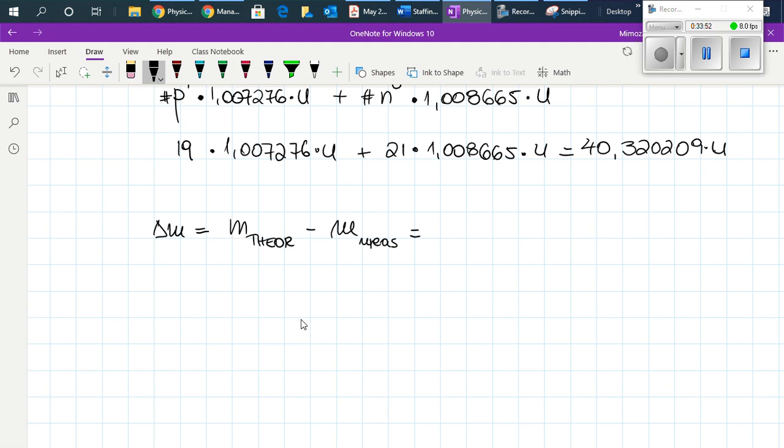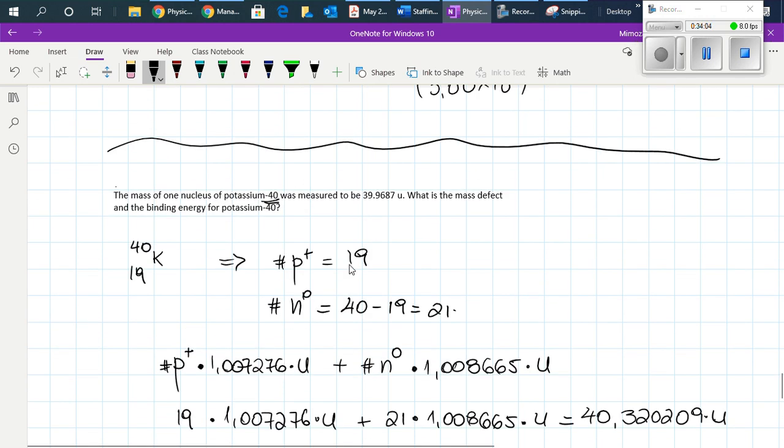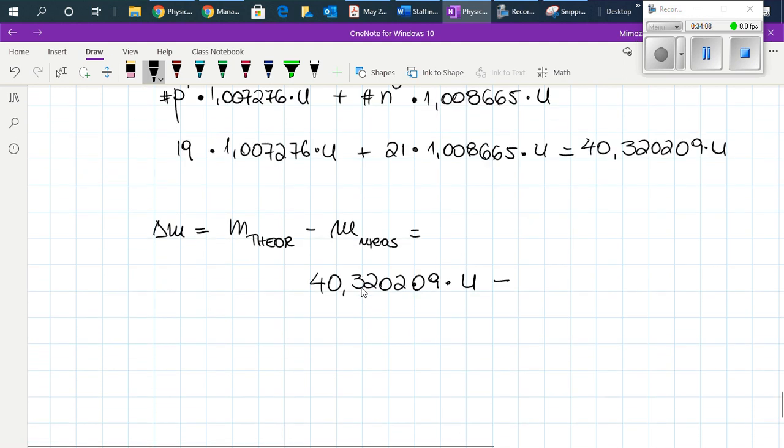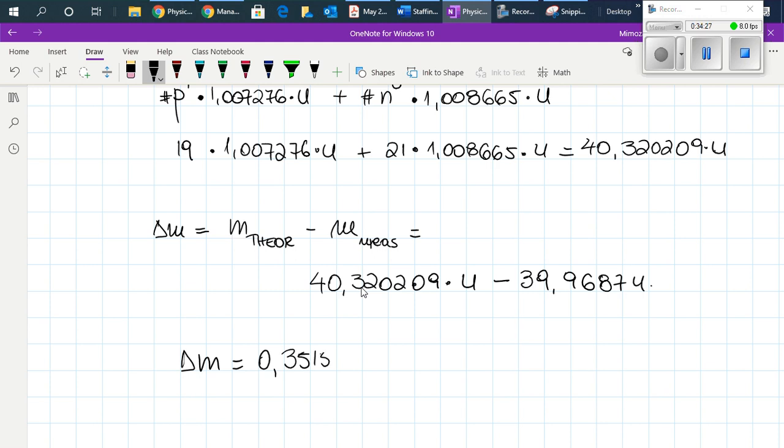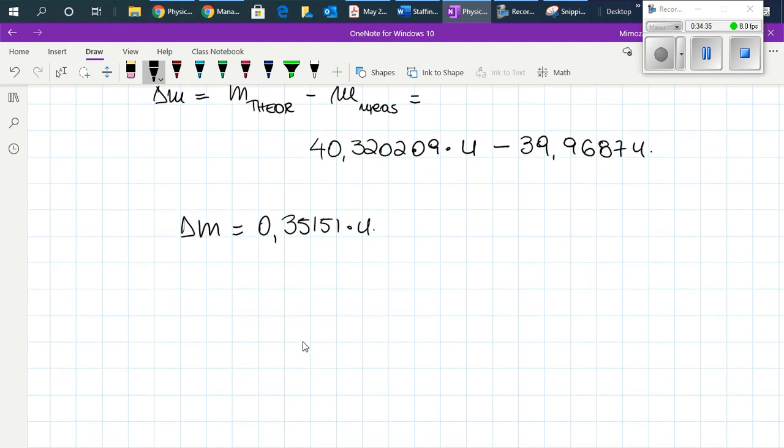We calculated the theoretical mass as 40.320209 U, minus the measured mass given in our question, 39.9687 U. Then the mass defect in terms of the unified mass will be 0.351501 U. When we convert this into kilograms, we multiply it by the unified mass,